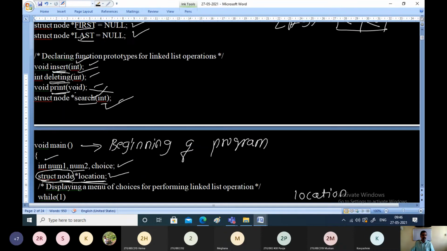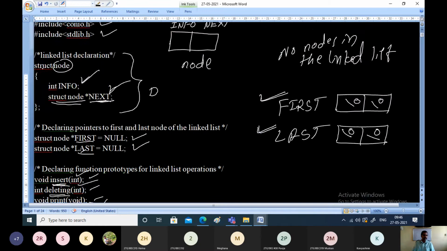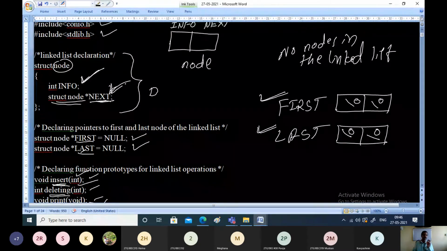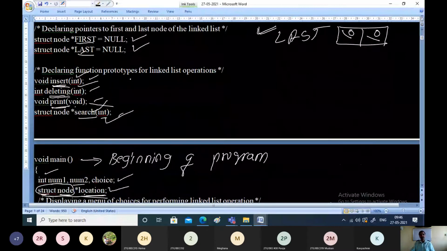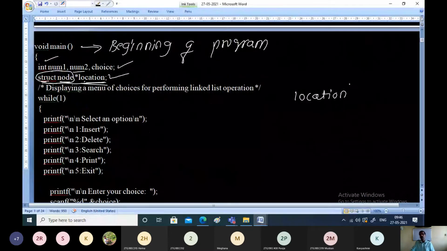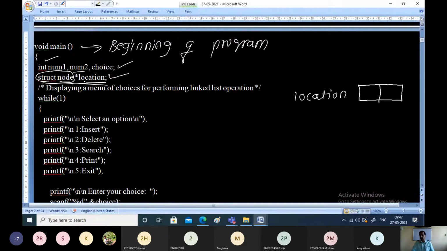So let us go to the definition. What is this struct node? When you declare variables of this type, we are declaring memory locations for these two fields, info and next. So what happens after these statements? One node called location will be reserved. That means memory for a structure variable will be reserved, which consists of two parts. What are the two parts? The information part and the next part. I'll be writing short forms from now onwards: I for information, N for next or pointer.